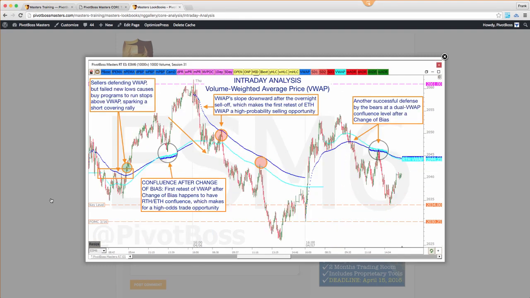All right, so here's some more on volume weighted average price. I want to start from left to right for a moment. Right here, this is something that I talked about just a moment ago when we were on the slides, when I mentioned that when you see market participants defending a level, and then the stops come out, that tells you that the market is watching that level. That validates that level. So when the market is defending any type of level, you know that level has bearing in the market, because that's what the market is trading.